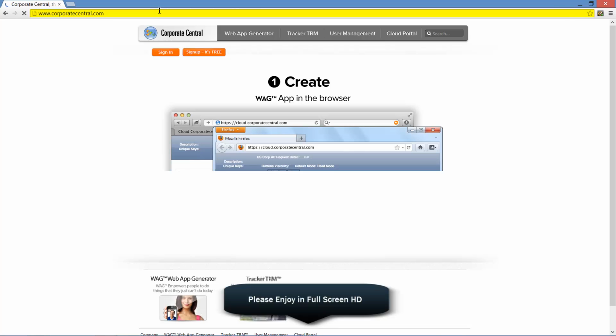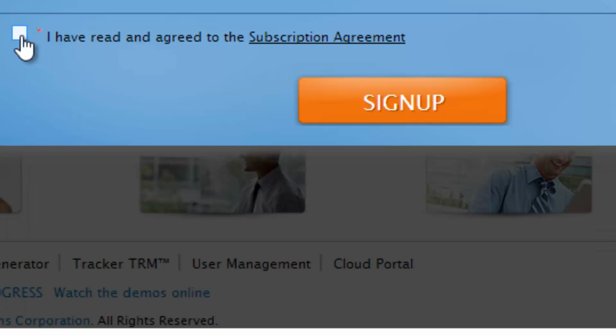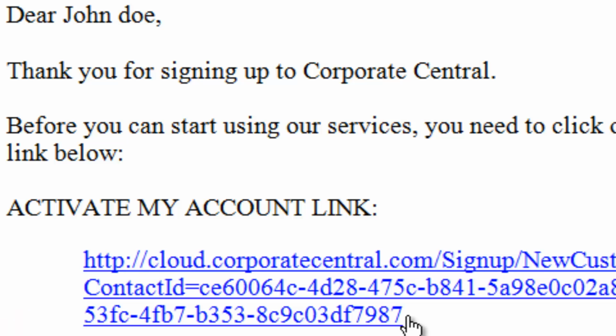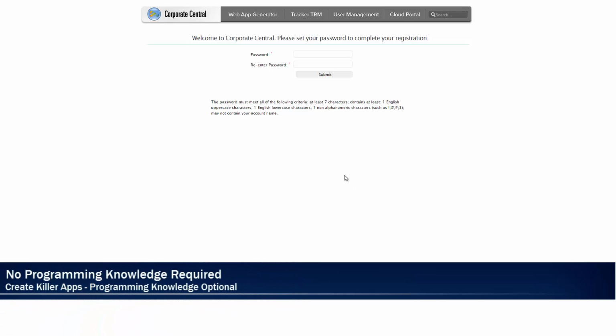Start by going to corporatecentral.com and clicking sign up. We'll choose the free option and enter in all the required information. Feel free to pause the video to follow along or read the document that follows this video. Once filled out, we'll accept the user agreement and click sign up. An email is sent immediately to activate the account, and once clicked, we're all set to start creating our apps,